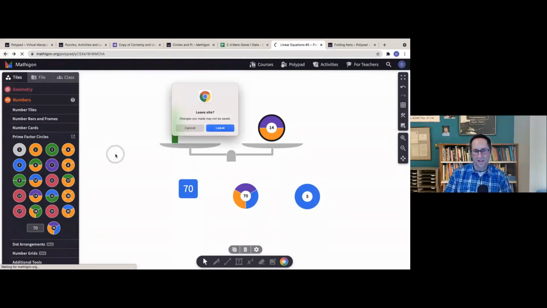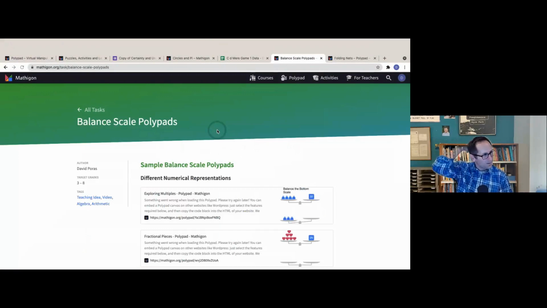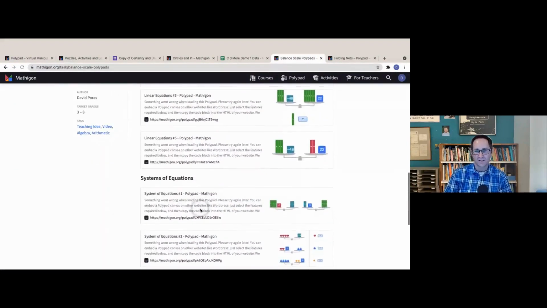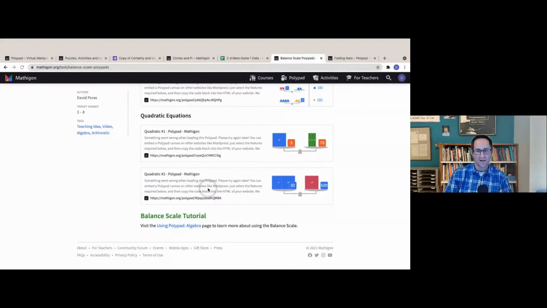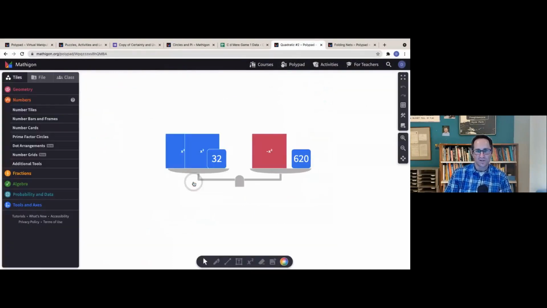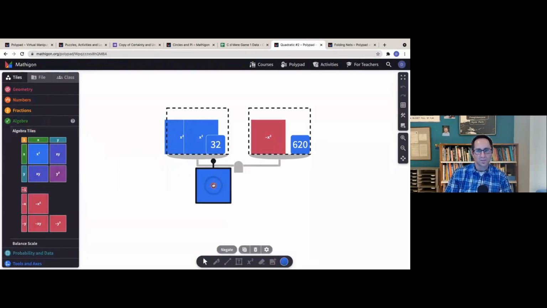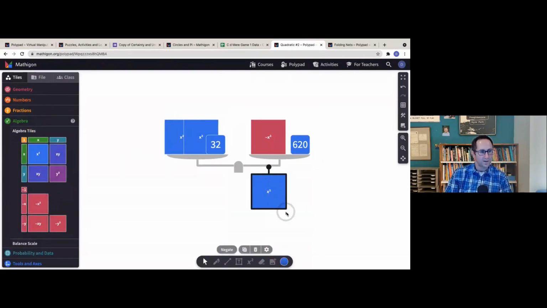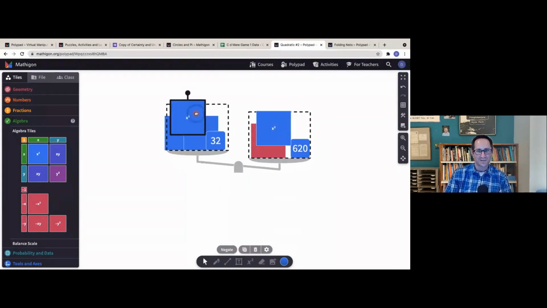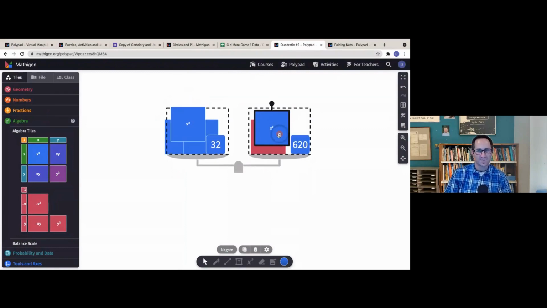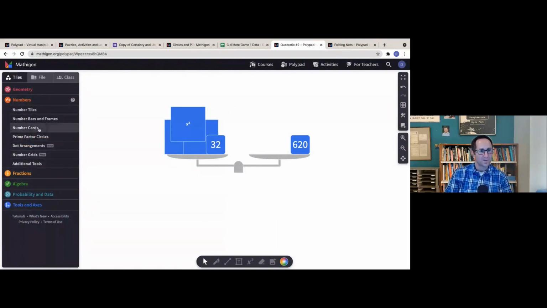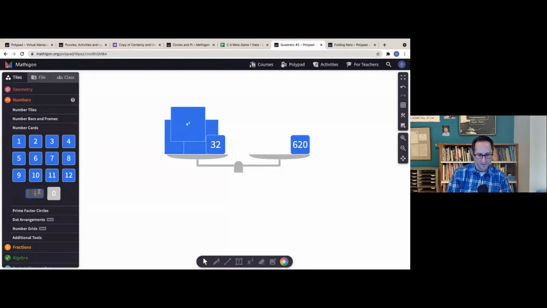Let me do one more example of the balance scale as we're building up the ladder of equations that students might solve. Let's just go all the way down to the bottom one, a quadratic equation. So here, again, in the algebra tiles, students would go through, I need to add an x squared. Yeah, those circles can separate, it's so cool. So I'll put an x squared on each side. I'm going to show you another example here, Kristen, of how those circles separate. I got my 0 pair, so I will take this 0 pair and get rid of it. I'll go to the number cards and get my negative 32 to add to each side.